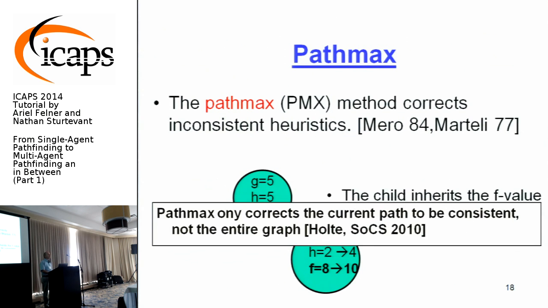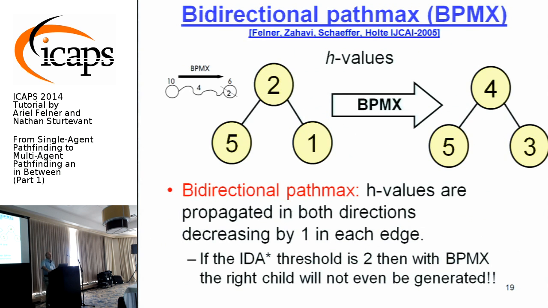So Pathmax is nice, but it doesn't solve the inconsistency problem for A star. But let's talk about undirected graphs and about IDA star. We coined a method that we called bidirectional Pathmax. In fact, Rob, I think that the correct term should be any direction Pathmax, which means